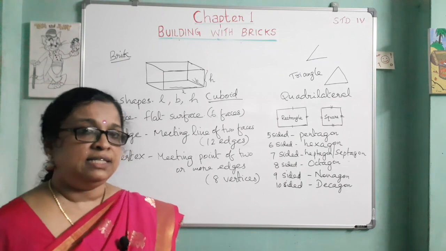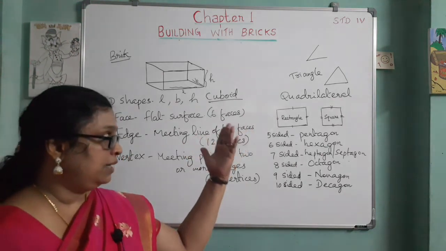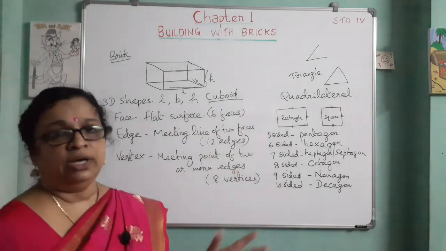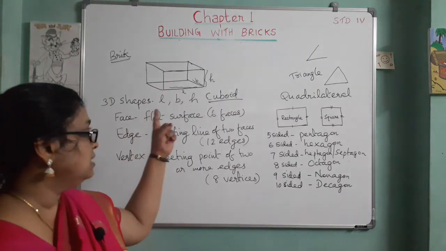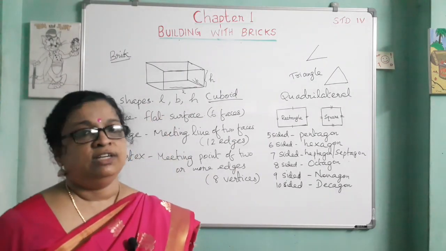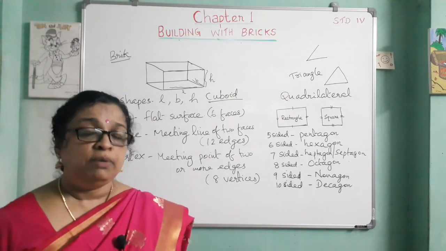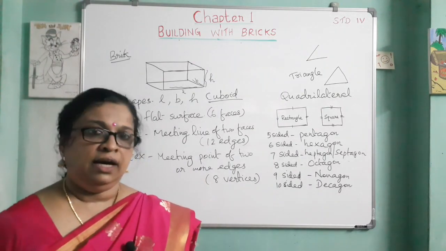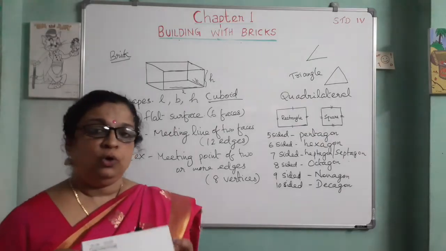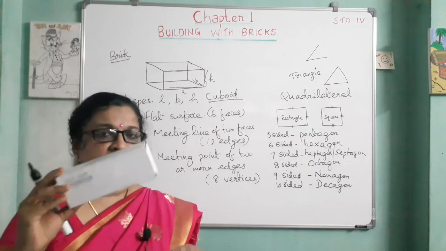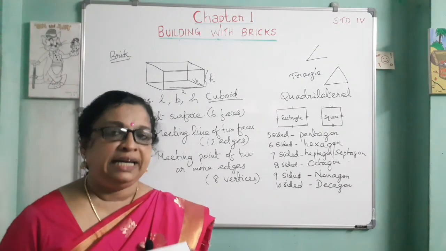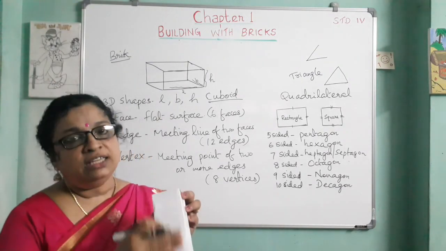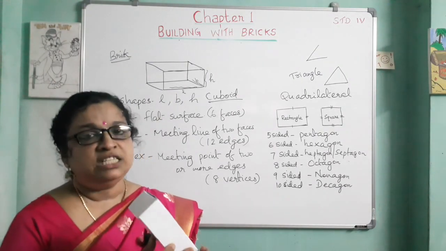In your textbook it explains with bricks and brick patterns. Many patterns are there that are shapes of triangle, rectangle, square, etc. And this shape, the brick, we all know what a brick is, and the shape of a brick is a 3D shape, meaning length, breadth and height are there. So once more, the brick is in this shape, that is the shape of a brick is a cuboid.